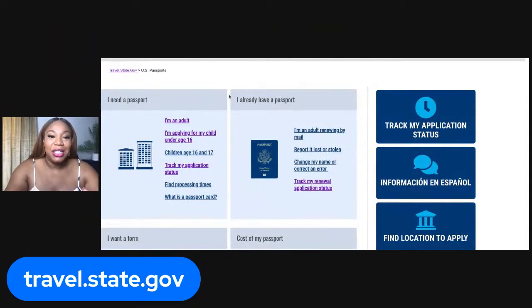together. Okay, I hope y'all can see this. We're at the travel.state.gov website. And y'all, I should have my glasses on. So if you see me periodically reading with my glasses, I'm going to help y'all through it though. It doesn't matter. Let's get into it. Let's go. So first thing first, we're